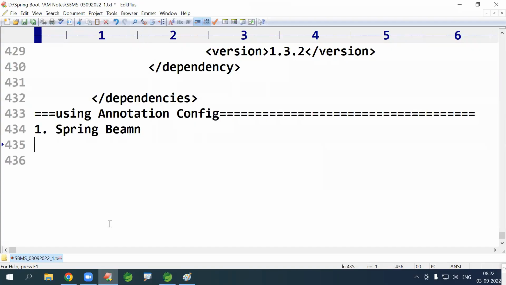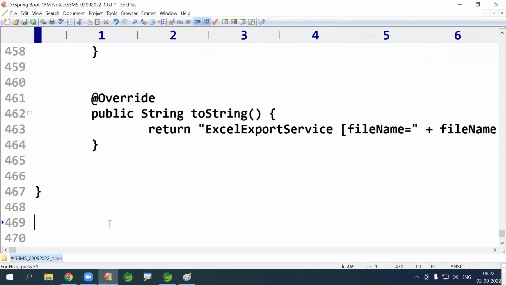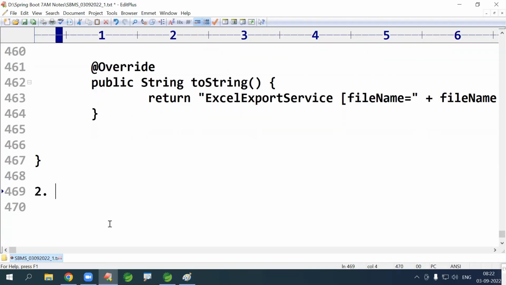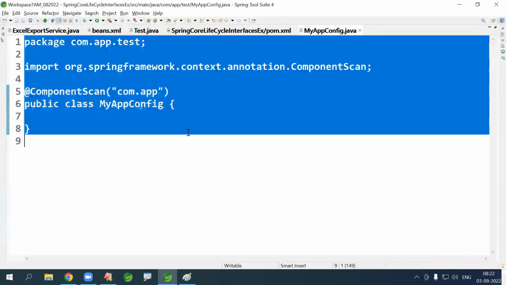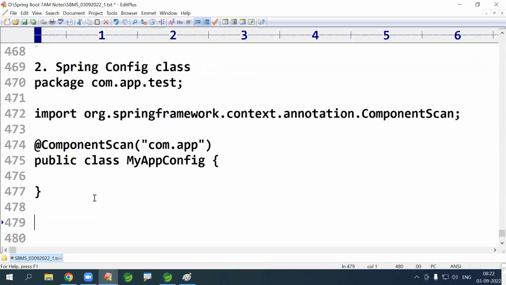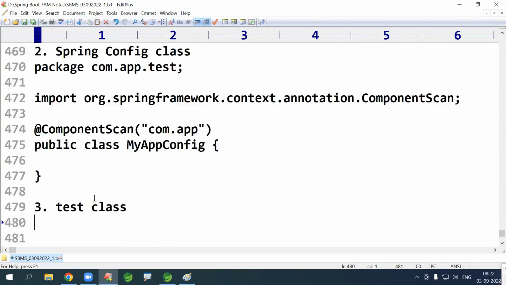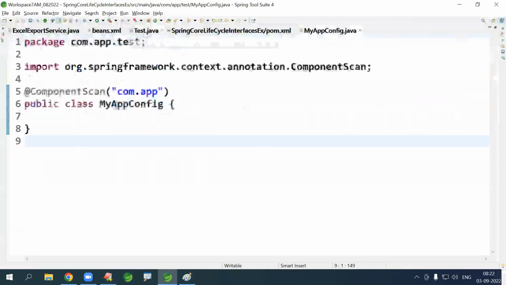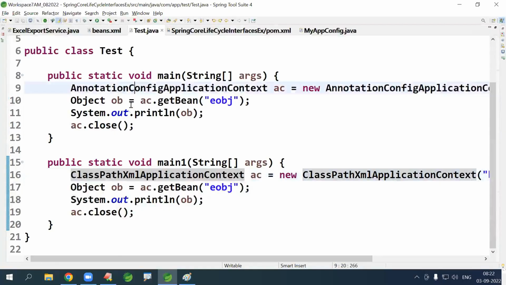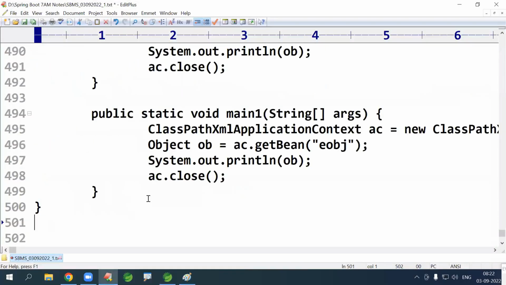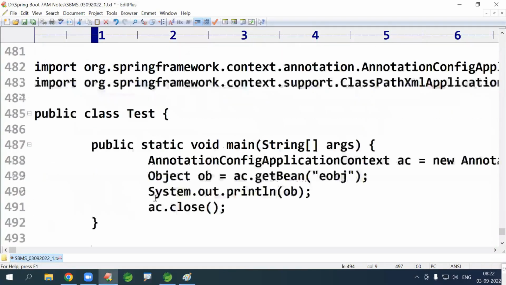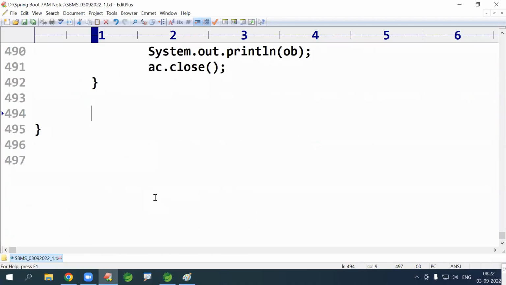Spring Bean. Second, config class. I think you understood. You have to write actually that one, test class. Instead of class path XML, I just use this one, our one. Clear? Understood everyone? Okay, so here